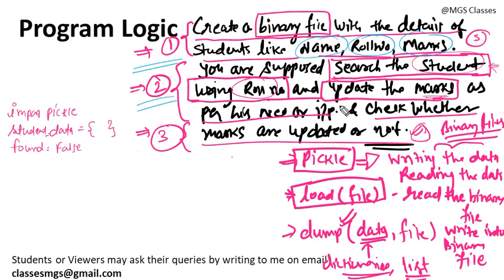Now I can use the for loop, and now I will read the file in binary mode, and then I will check whether this student exists. Let's print the roll number and the marks of the student first, and then we are going to write the update code. Okay, so let's try to open the file.